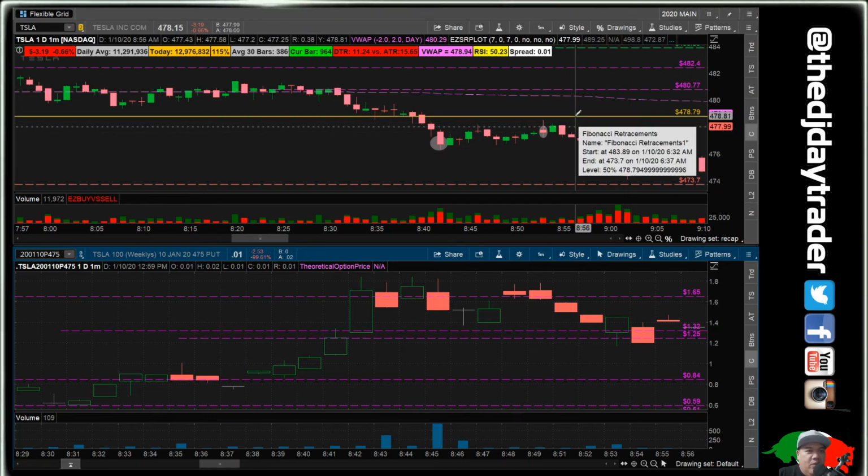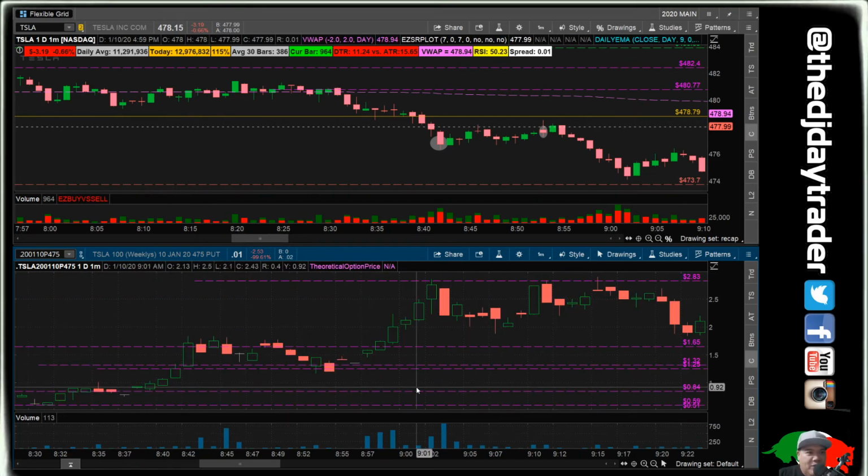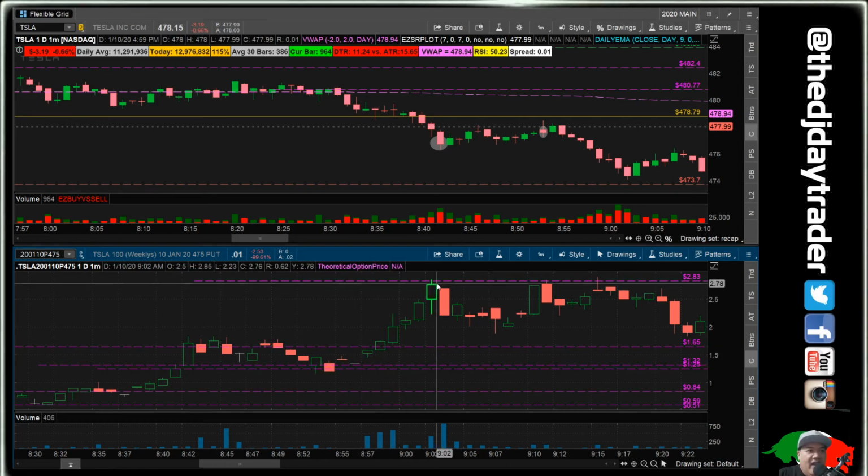So it breaks down. Originally, I wanted to get from this 50% retracement down to the bottom of the 15-minute range at 473.70. It comes down to about 474.05, so maybe 30, 40 cents away. And what happens to these contracts at that point? Boom. This thing explodes from $1.25, where it stops me out, all the way to